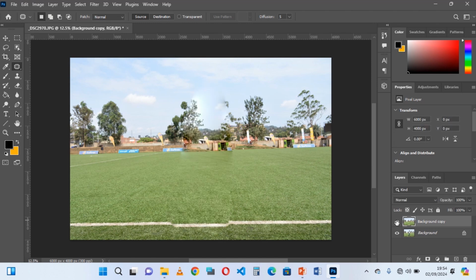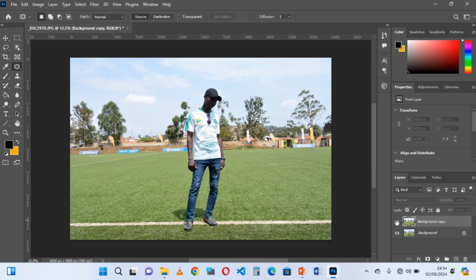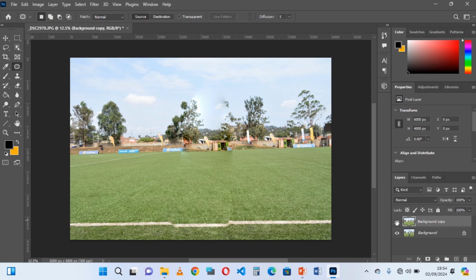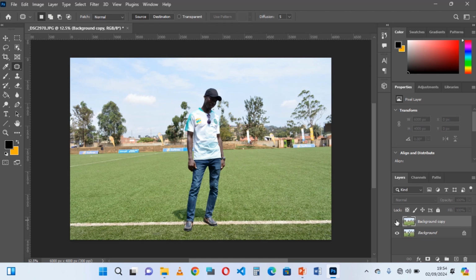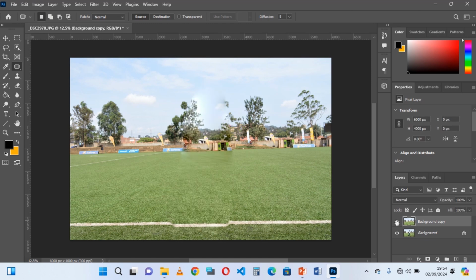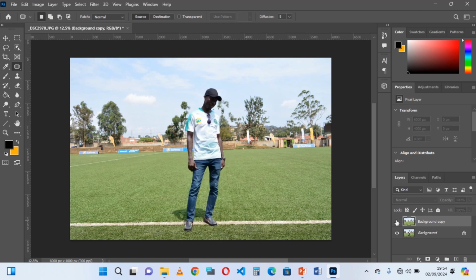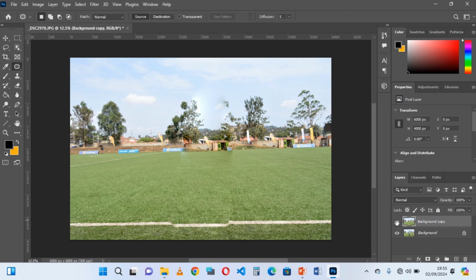However, this is not really perfect. As you can see, this line is a bit bending and someone can easily see that you did something here, but you can choose to do this perfectly. You give it time, you do it slowly. I'm going to delete this and try to do it again,